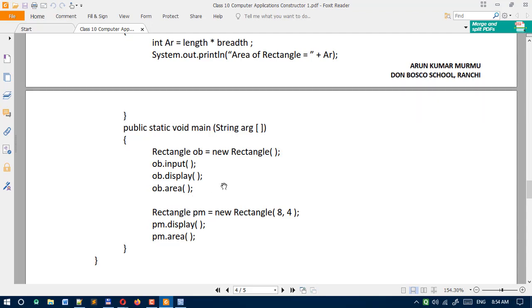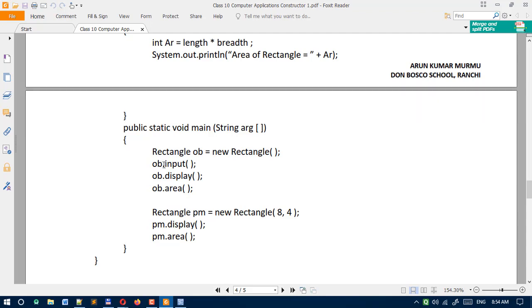And one thing you must know: whatever constructor we have defined, it doesn't need to be called using the dot operator. When we create the object, the constructor is called using the new operator. No need to call the constructor using dot like the other functions.